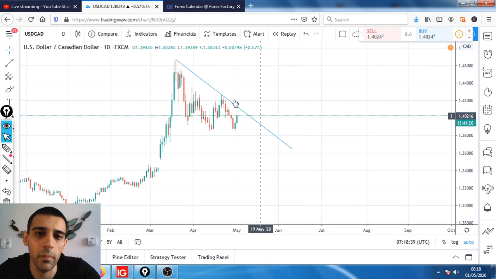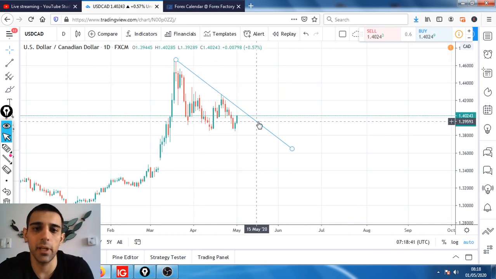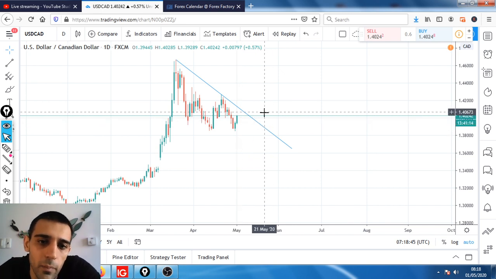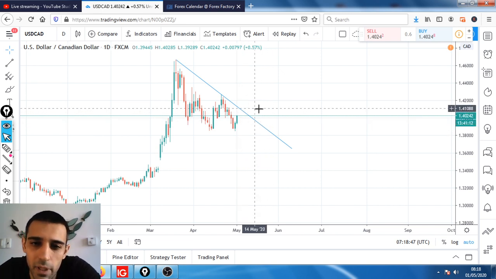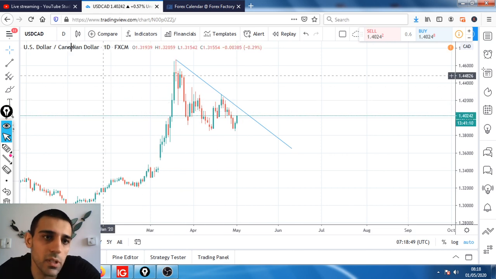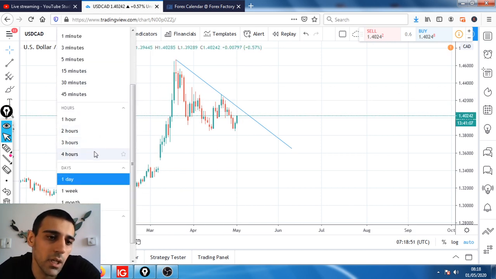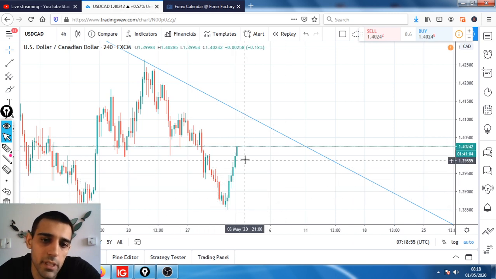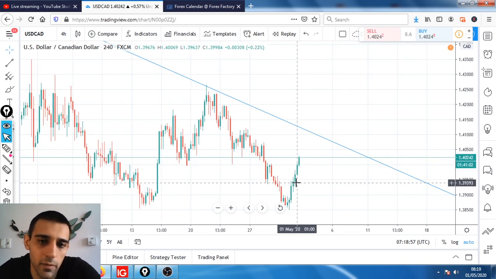So how are we going to go about it? We also have this daily trend line up here, so maybe the price is gravitating towards it, but it's a bit early to say. So far it's going nicely towards the upside. Let's drill down to the 4-hourly time frame. Yeah, we can see it's going nicely on the 4-hourly time frame.